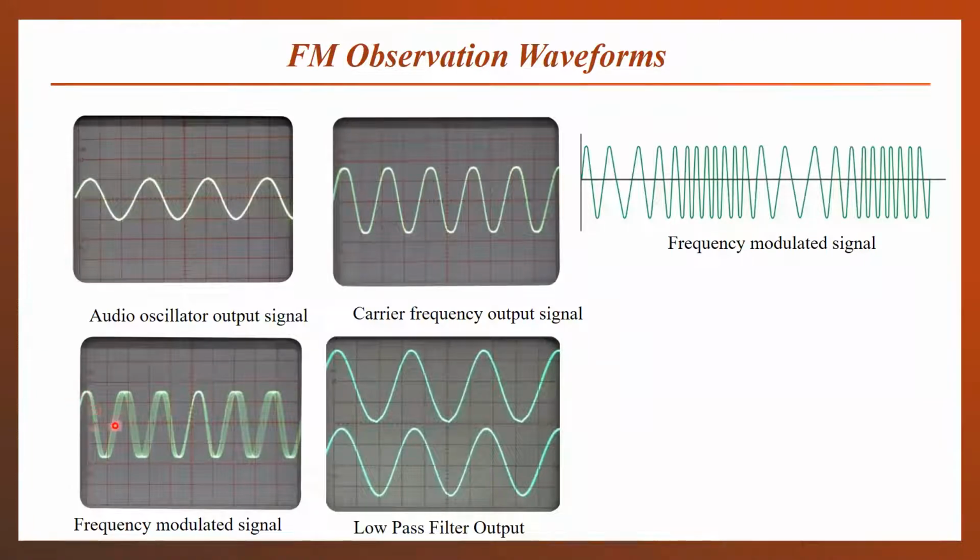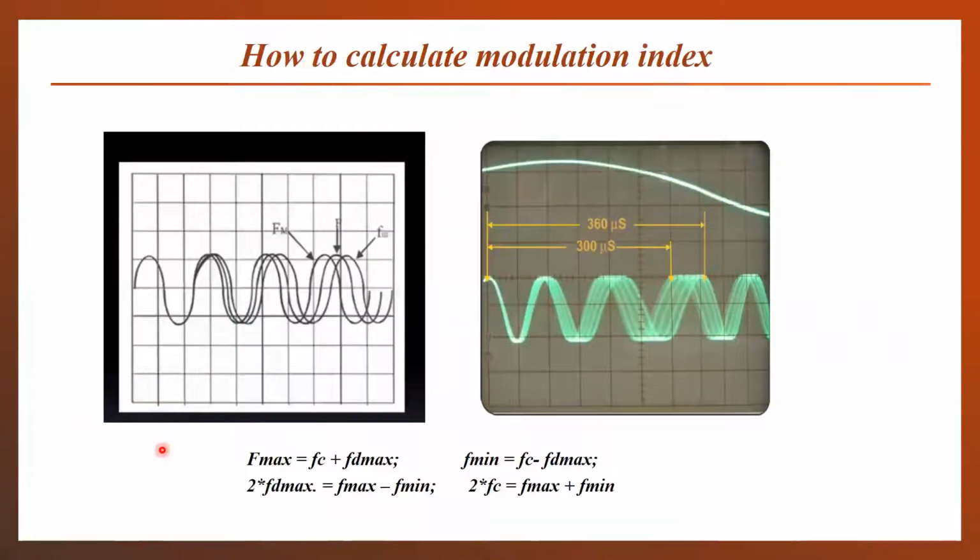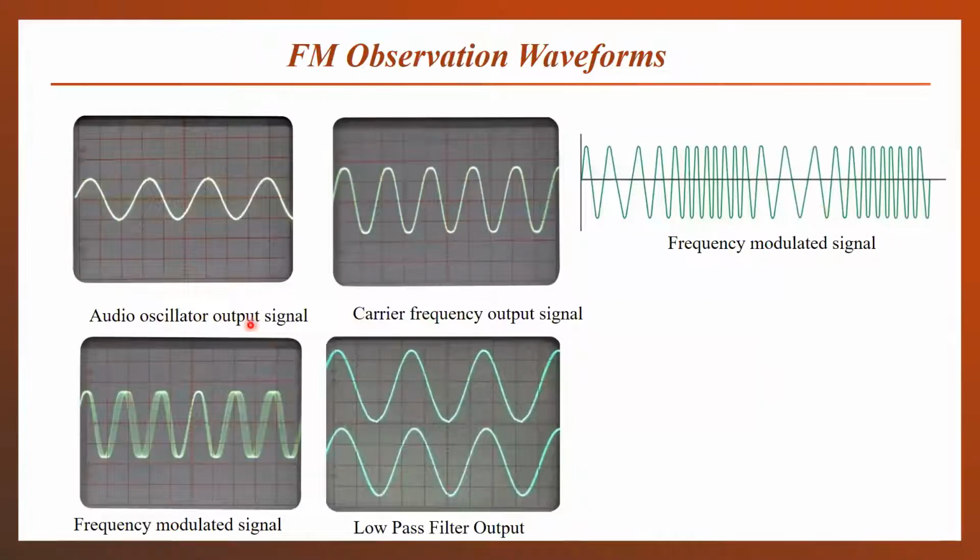Here, different cycles will be provided at different times. In detail, you can see this waveform on the right side. Some signals have low time period, some signals have high time period. High time period means the signal is of low frequency, and low time period means the signal is of high frequency. And the difference of this signal frequency is our frequency deviation. When this modulated signal is passed through a demodulator and then through a low pass filter, we can observe this type of output. This is our message signal, and the one below is our demodulated low pass filtered output.